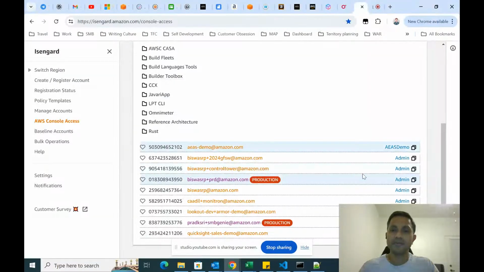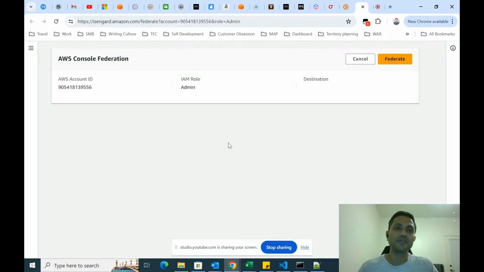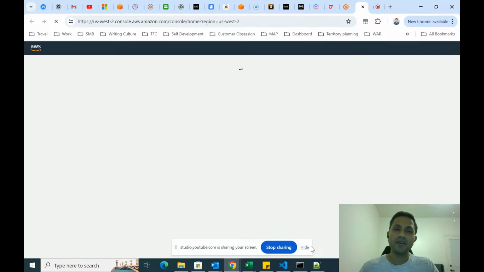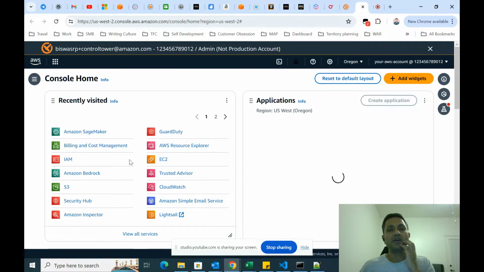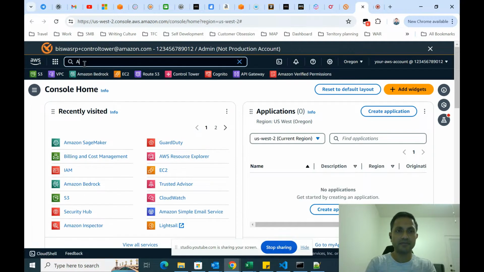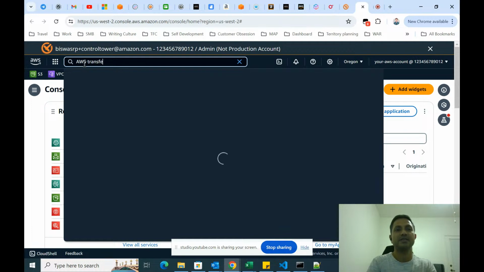So let me quickly share my screen, and I'm going to show you the AWS console and how quickly you can set up an SFTP server, and I'll do a quick file transfer to show you how easy it is to get started. So with that, let me log into my AWS console, and then once I've logged in, I'm going to search for AWS Transfer